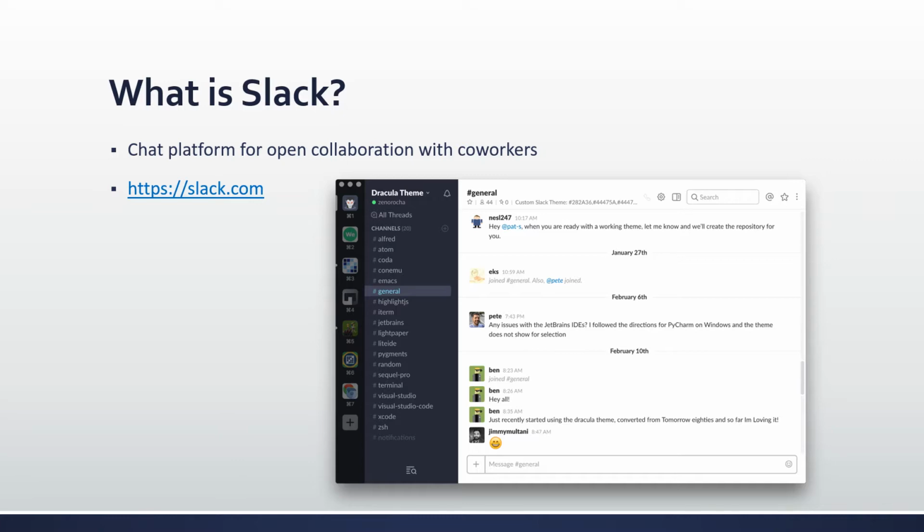So to get started with Slack, if you are joining a team, somebody may set you up. But if you are your own proprietor or business owner and you want to set up Slack, then you need to download the actual tool, which is at slack.com. I put the link here on the slide. And you'll need to create a team or join an existing one